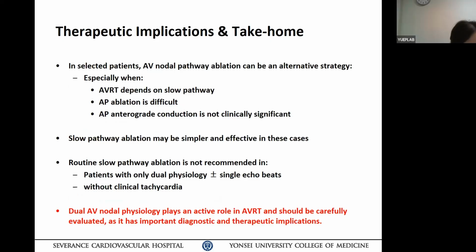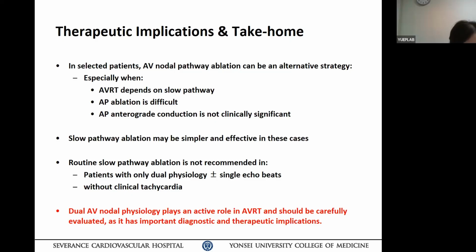In selected patients, AV nodal pathway ablation may be considered as an alternative strategy, particularly when the AVRT depends on the slow pathway, and the accessory pathway is not clinically significant or is difficult to ablate. In such cases, slow pathway ablation may be a simpler and effective option. However, routine slow pathway ablation is not recommended, particularly in patients with dual AV nodal physiology but without